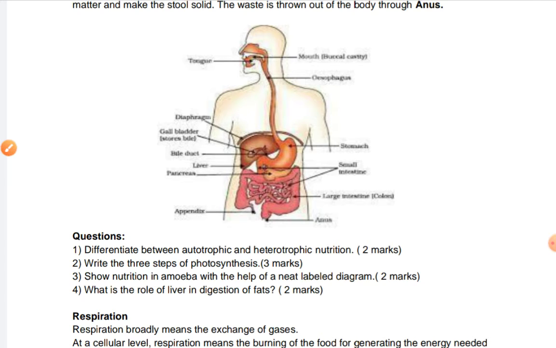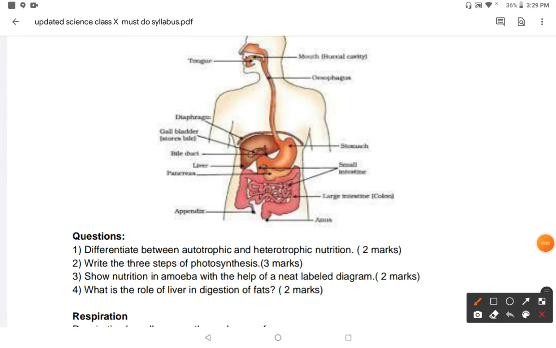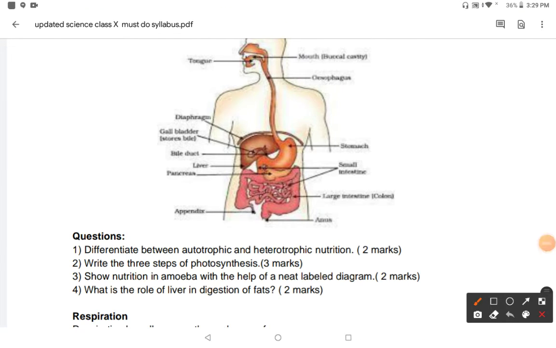Now there are a few questions on the basis of this summarization. First of all, you can study this figure. This is the tongue. Here is the buccal cavity. Mouth and tongue are included in the buccal cavity. This is the food pipe, called the esophagus. Here is the stomach, and this part is the pancreas. Here is the gallbladder, and this is the largest organ of the body, the liver,